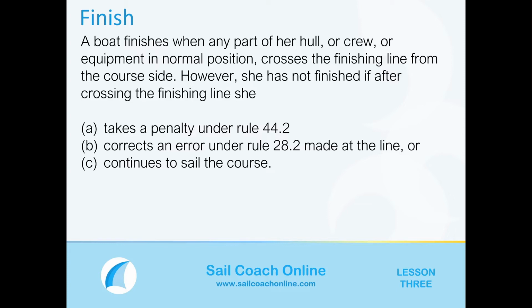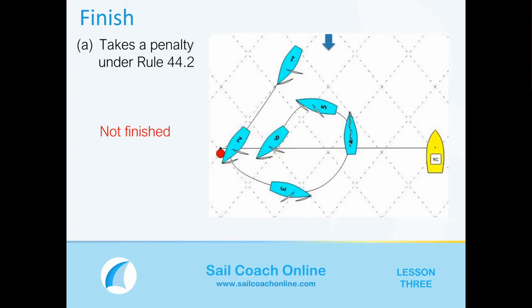And we'll have a look at a few diagrams for that. First one, A: if the boat takes a penalty under Rule 44.2, a 1 or 2 turn penalty, after crossing the line, she is not deemed to have finished. What she would need to do from position 6 is put in a jibe and another tack,